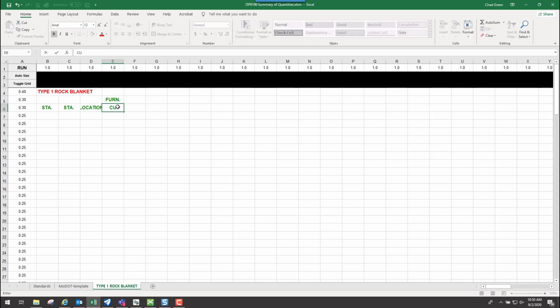Furnished cubic yards. And I'll do a Control C and then I'll paste it here. This one here, I'll just change this one to place. And of course you just fill this information out according to the quantity block that you're creating.